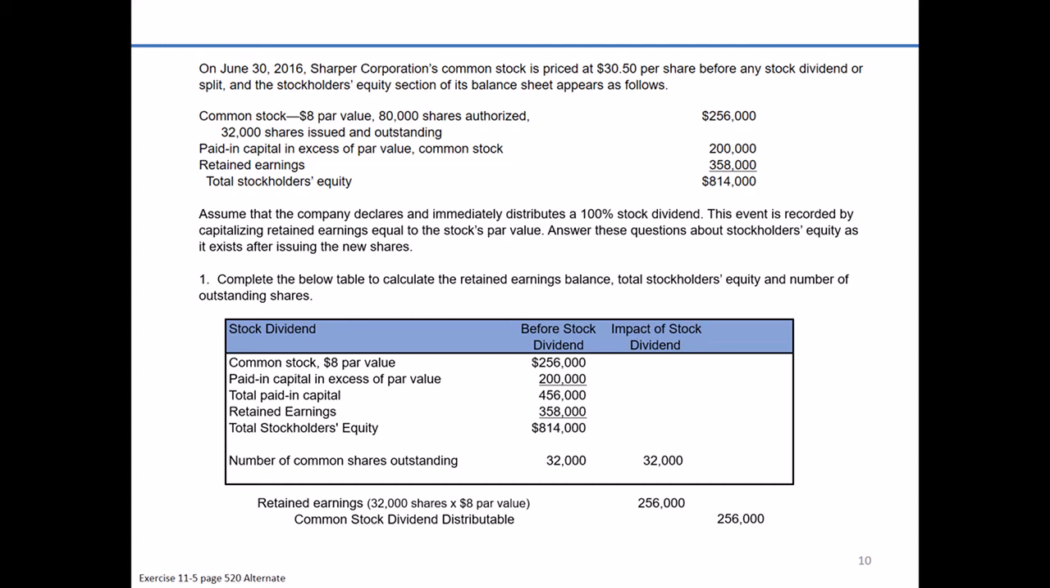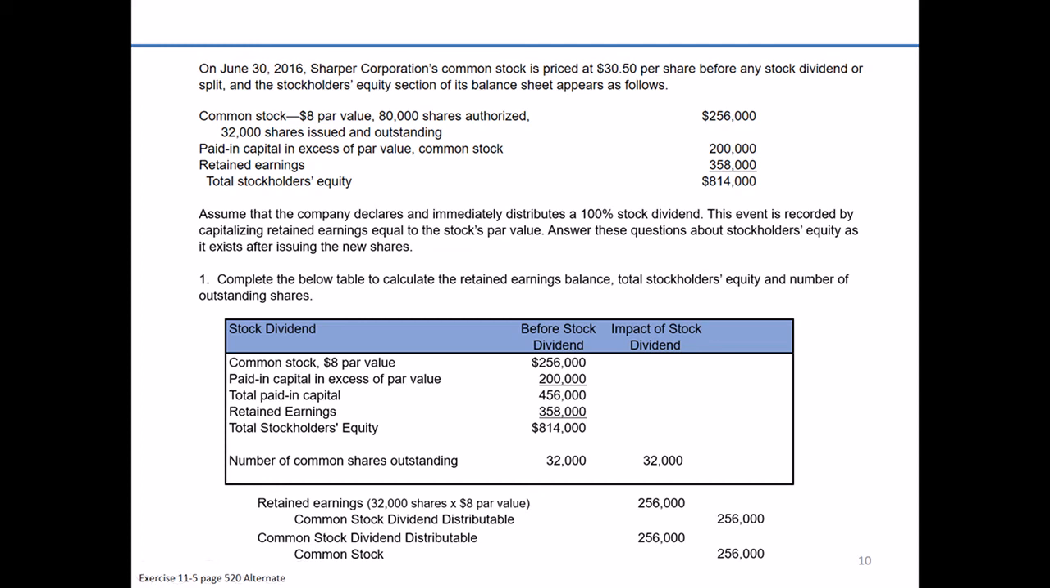We can't yet credit common stock directly because we're assuming we haven't yet distributed them, but we'll credit common stock dividend distributable also for $256,000. Then whenever we actually issue the additional shares, we're going to debit common stock dividend distributable for $256,000, which ends up bringing its balance down to zero, and transfer that amount to common stock. We're increasing it with a credit for